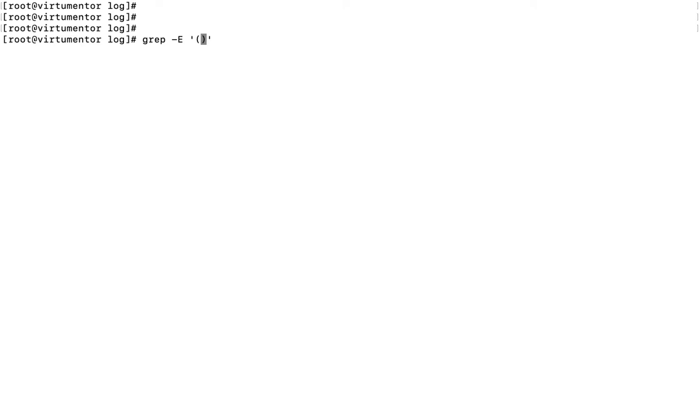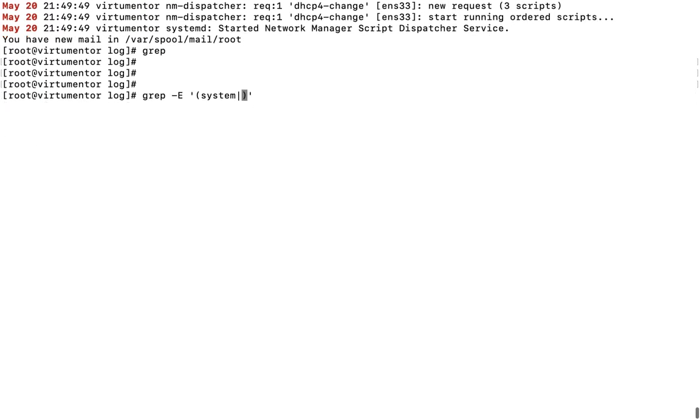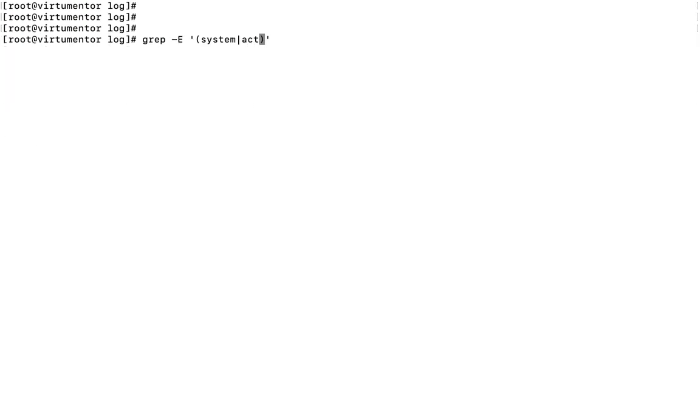Previously I gave virtue, so now I'll use system, then a pipe, and other patterns like activated. As these patterns are strings, we need to mention them in single quotes.